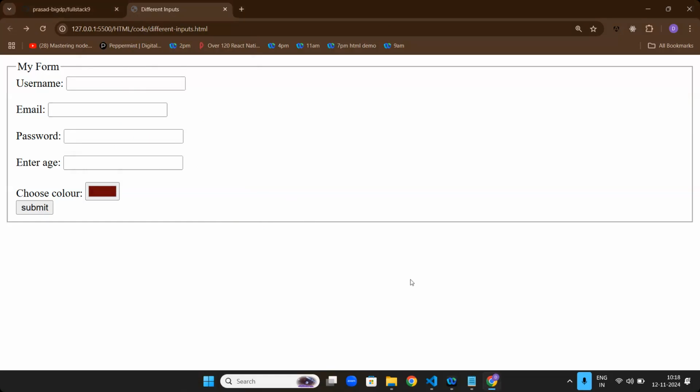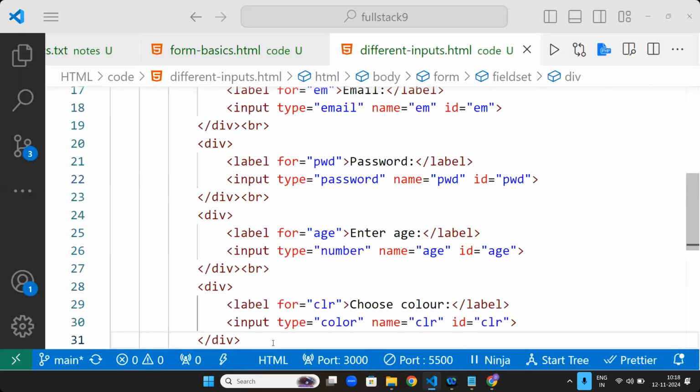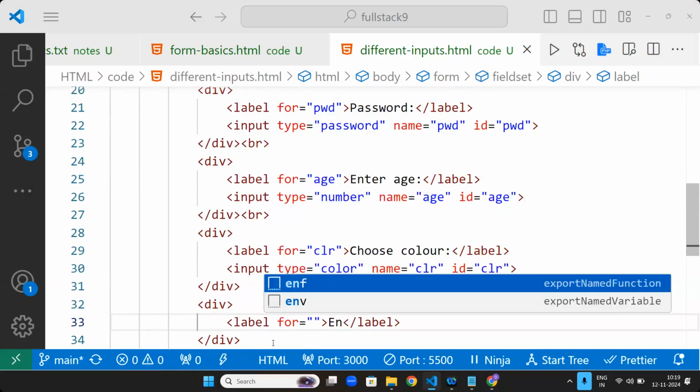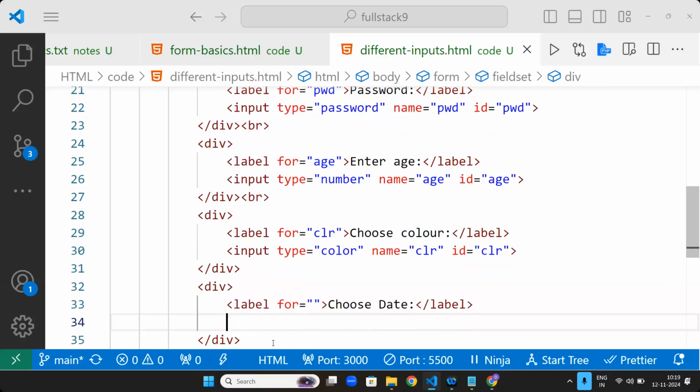Next one. Div, label, choose date. Input type is equals to date.